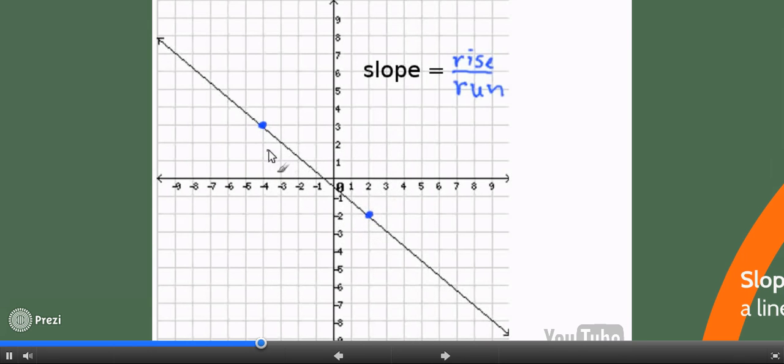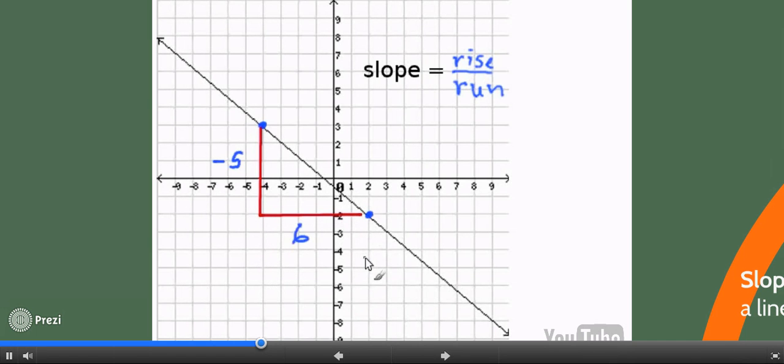Now I'm going to travel from left to right. I'm going to find the vertical direction, the rise, from this point to this point. And in this case, to get from this point to this point, I have to go down 5. So I'm going to write -5. Now I'm going to find the horizontal direction. So from this point to this point, I have to travel to the right